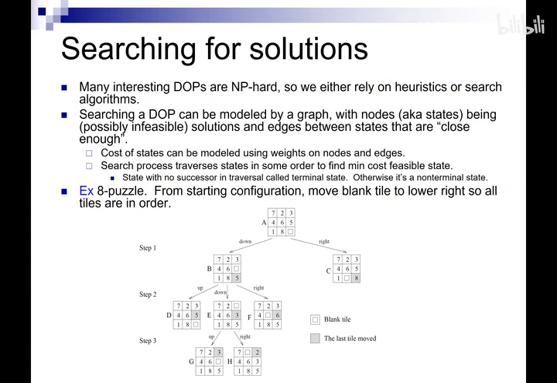Okay, so now for the search algorithm, we're going to model this using a graph, and the nodes of the graph are just going to be states of this problem. So, possible solutions to this problem. For example, the initial configuration is going to be one of the states of the graph. There are many possible configurations or states, and we're going to connect two nodes